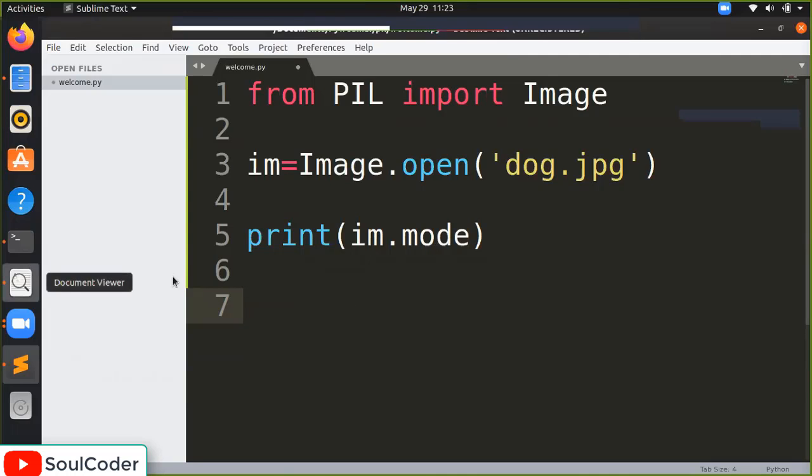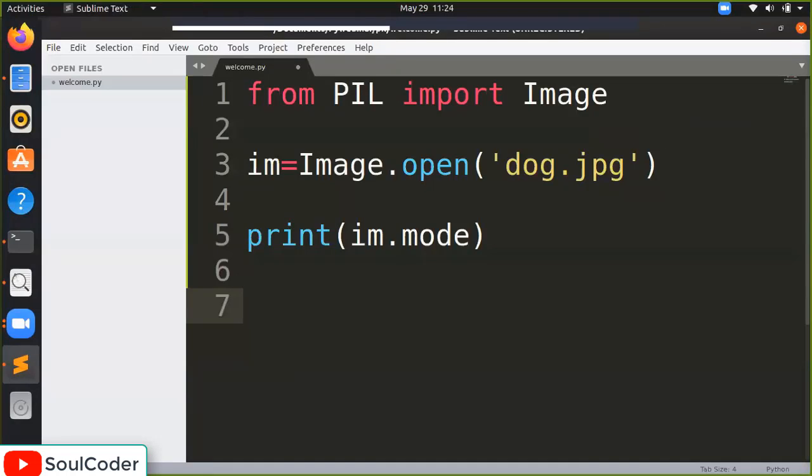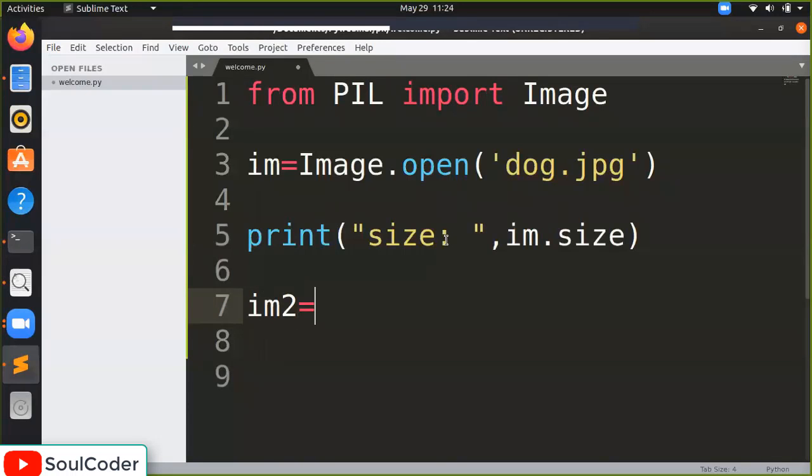Okay, so our slide's next content is resizing the image. For resizing, we have the function resize. Simple, nothing hard. So first I want to print the size of the image again. Okay, im.size, and we will apply resize. For example, I will create a second variable im2 equal to im.resize.